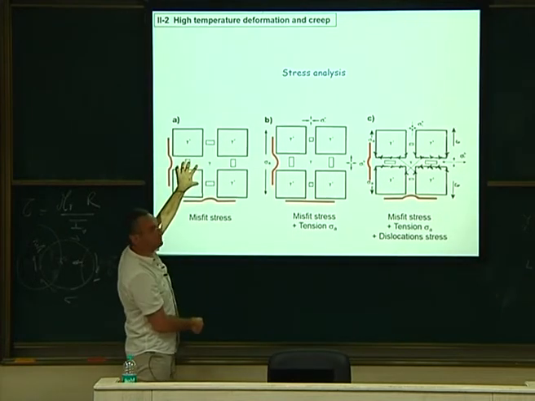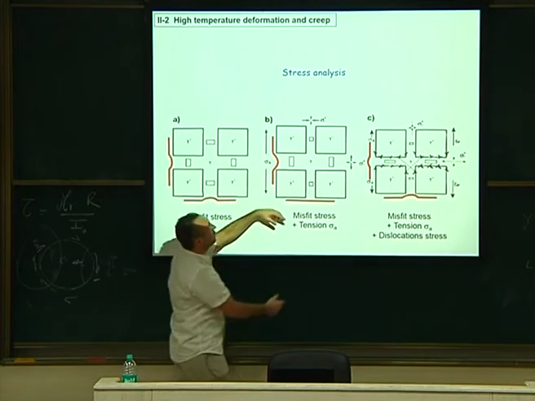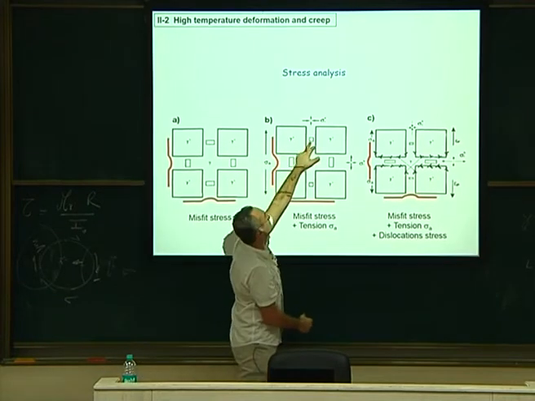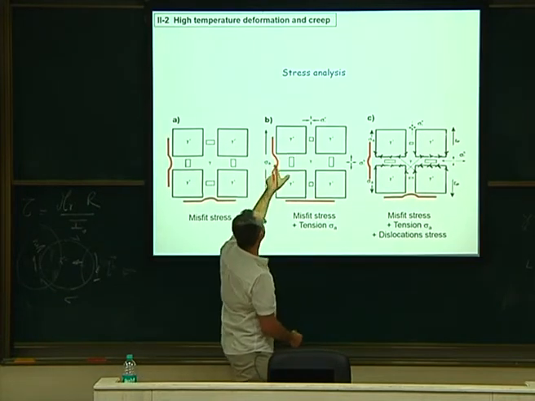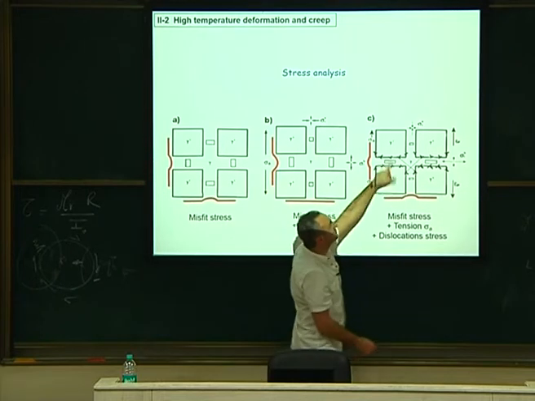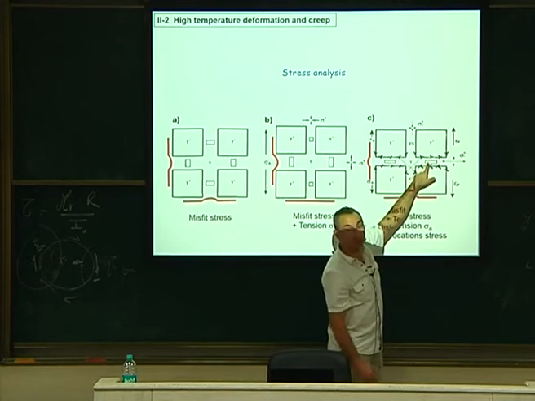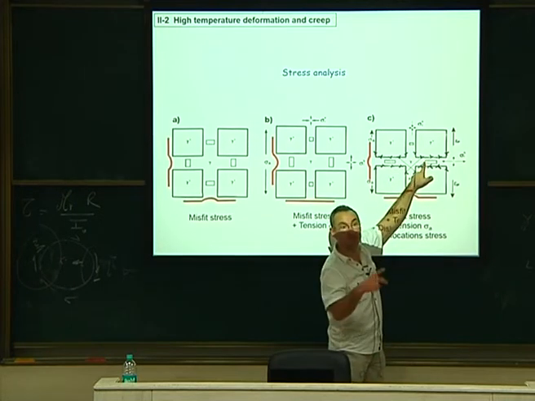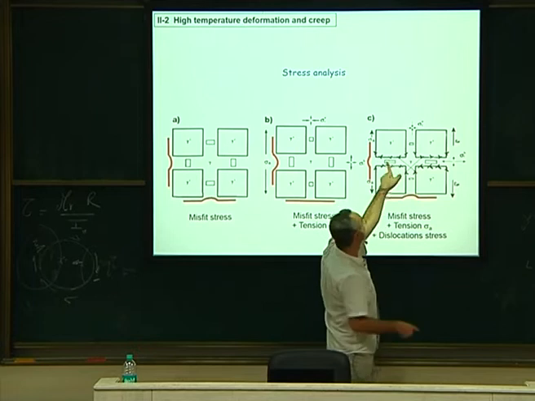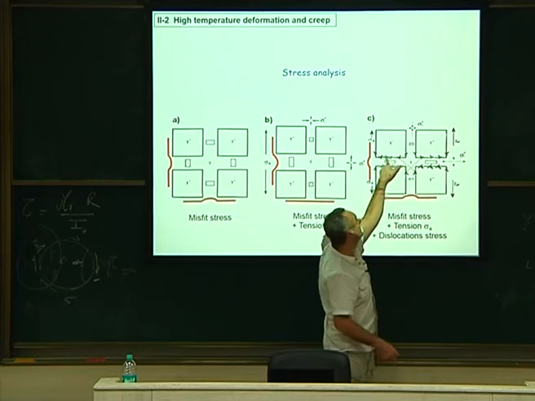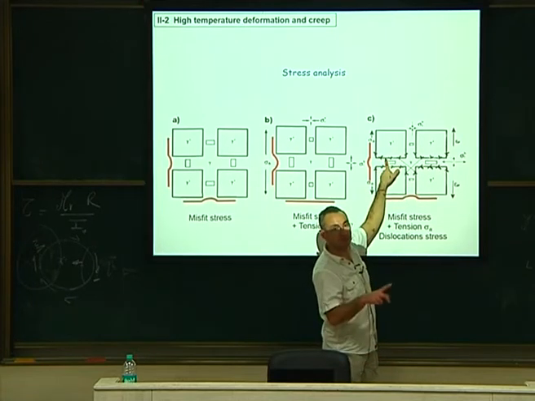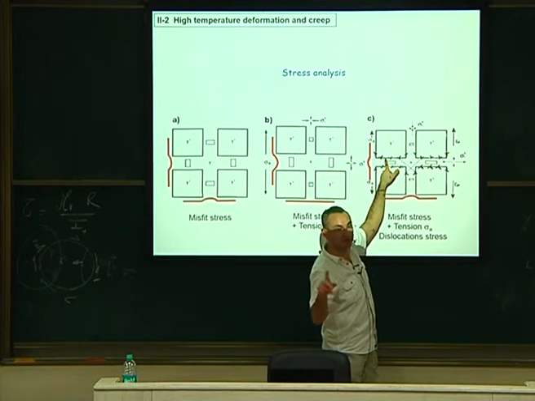When you have your misfit stress, you want to shrink the matrix, so you have something which is like that. The initial stage of your specimen is like this. When you apply the tension, you will compensate a bit here, you will elongate here, so your specimen is now like that. And when you move your dislocations, they will pile up here typically, less there, but a lot here because of the P channel, which is very much different from the R and the C channels. They will pile up here a lot. They will create what people call an interfacial dislocation network, IDN.